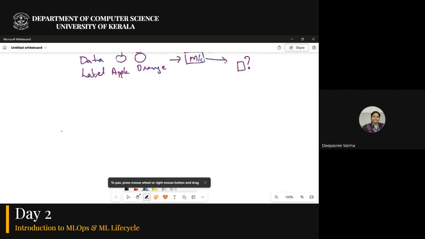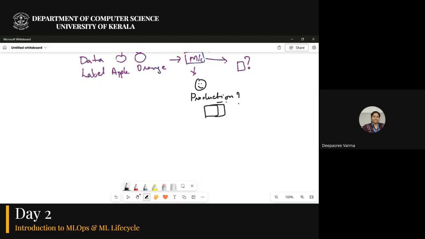So when we come to MLOps, usually what happens, people build this machine learning model and they are very happy with that model. But I do not know how to reproduce it when it comes to production, or I want to produce it in bulk. When it goes to production, I don't know how to make it, or how to scale it. I want to make multiple copies of it. I don't know how to do that, or what happens after some time is this.